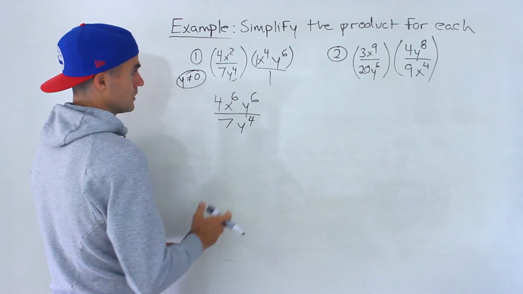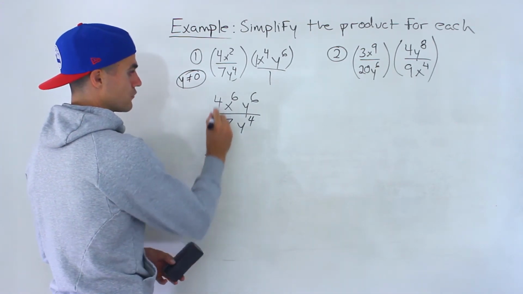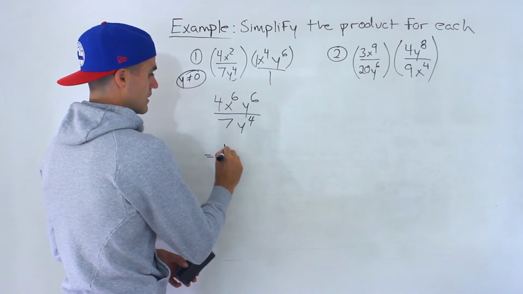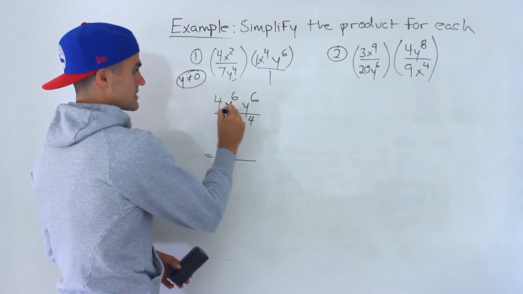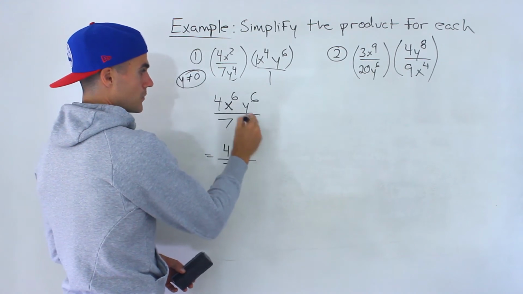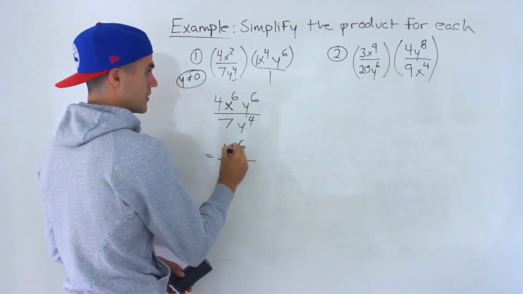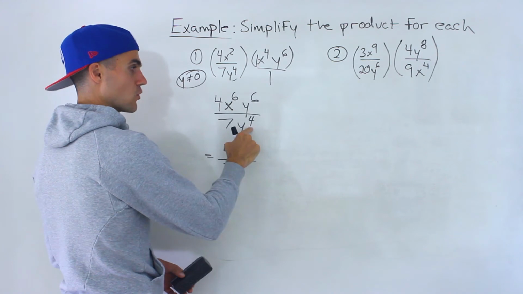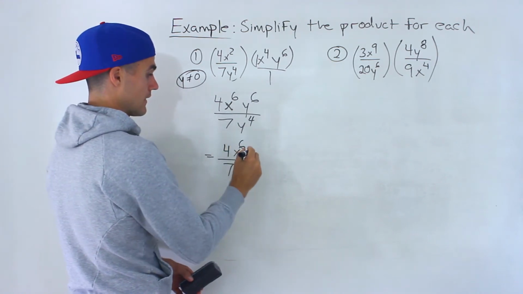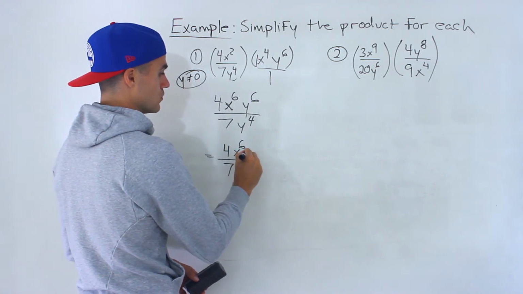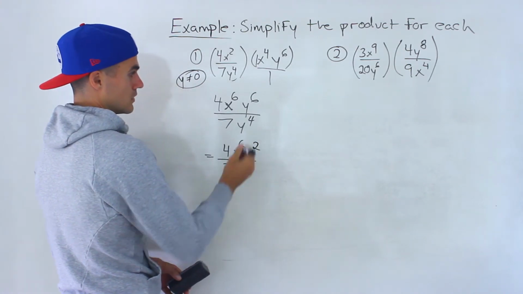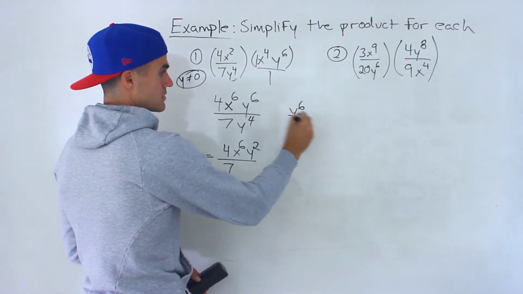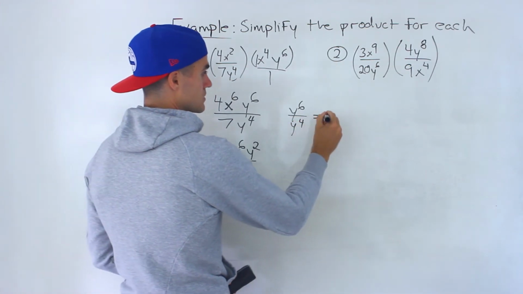Then what we want to do is simplify this here. Now 4 over 7, that's not going to simplify. Notice the x to the 6, there's no other x value in the denominator, so that would stay. But we have y to the 6 over y to the 4, and that would actually simplify to y to the 2. Because y to the 6 over y to the 4, if you want to show this visually,